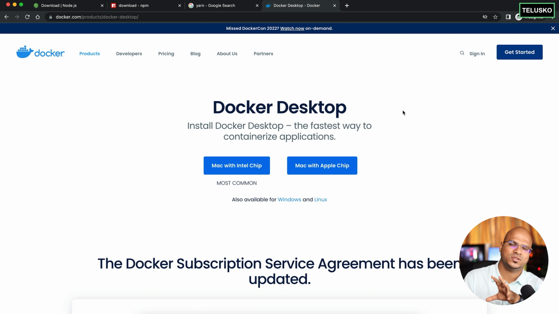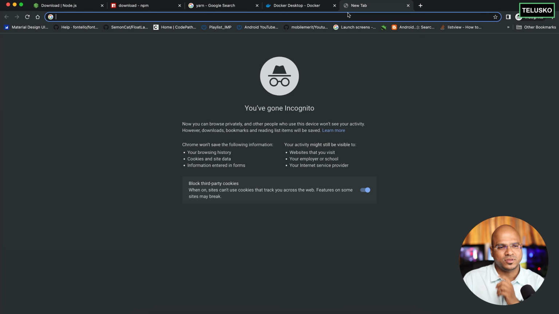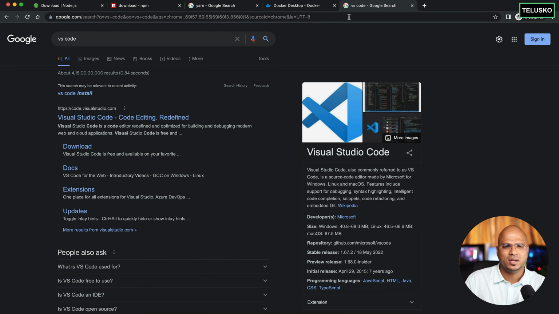Once you have these in your machine, what next? We also need an editor where you can edit this stuff, and for that, we'll be using VS Code. Make sure that you have VS Code installed. If you love any other editor, that's your choice, but we'll be using VS Code here, which works well. Just to repeat: Node, npm, with yarn as an option, then Docker and VS Code. Once you have these things on your machine, let's get started.